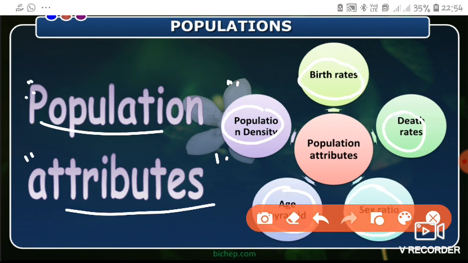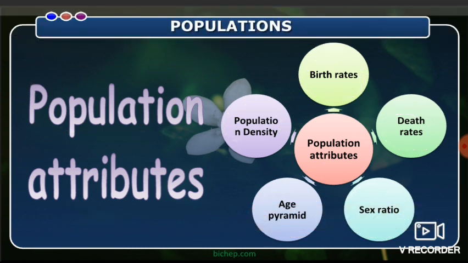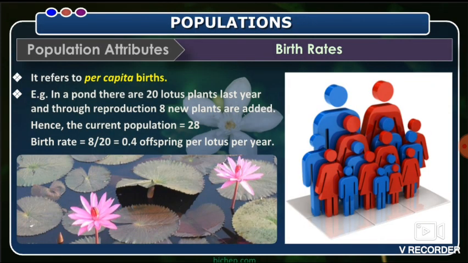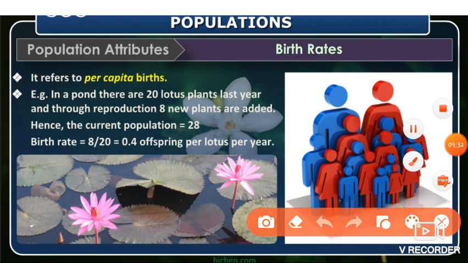See here the next slide. The first thing in population attributes is birth rate. We can see here the birth rate. How are we going to measure the birth rate? How are we going to measure it here? If you take the